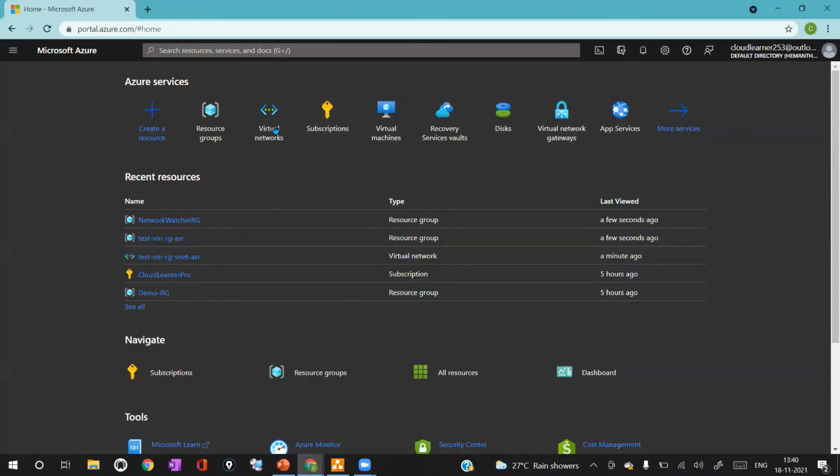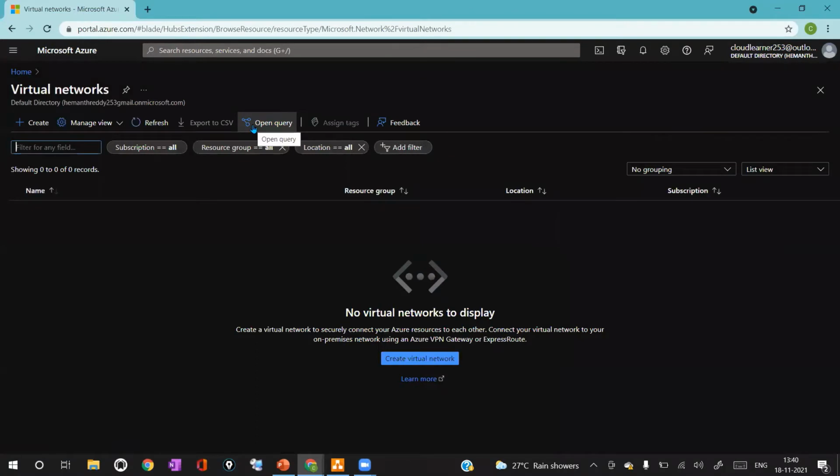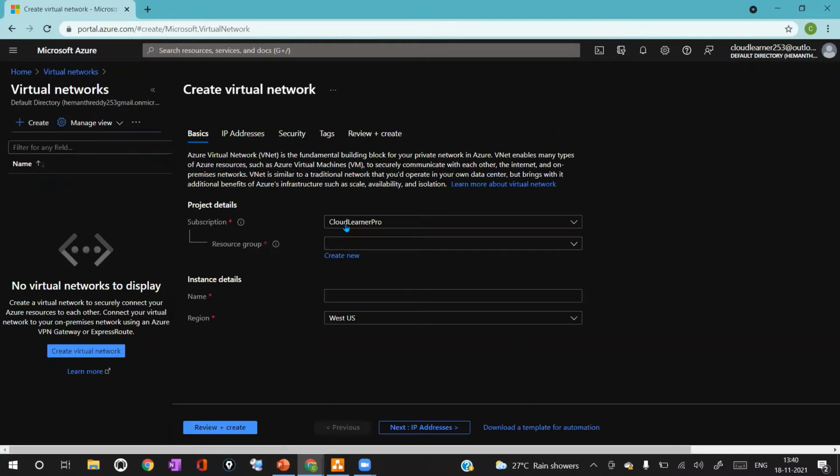To create a virtual network in Azure portal, you can open Virtual Network Blade and click on Create button. Then you'll have to provide the details. First, you select the subscription, the right subscription in which you want to create a virtual network. Then you select a resource group if you have any existing resource group, or else you can create a new resource group.